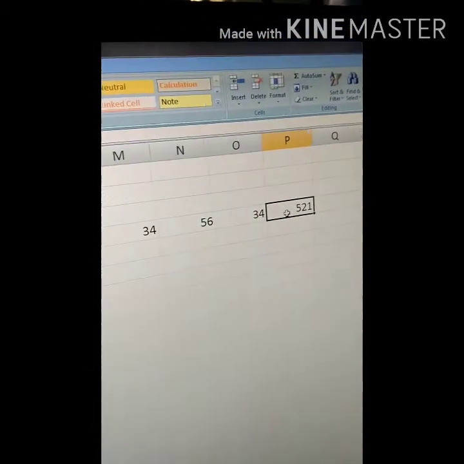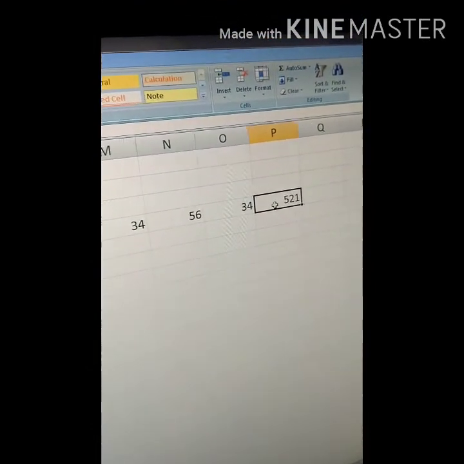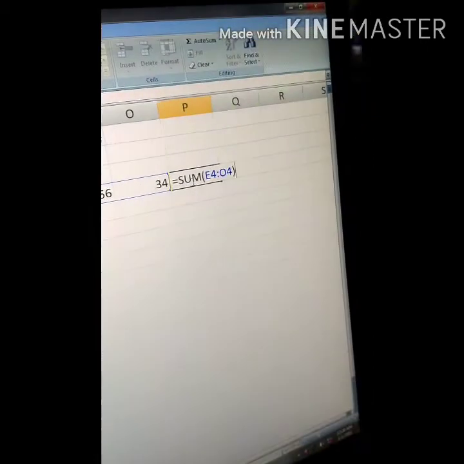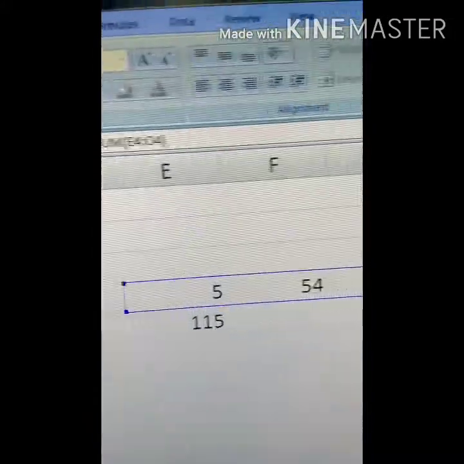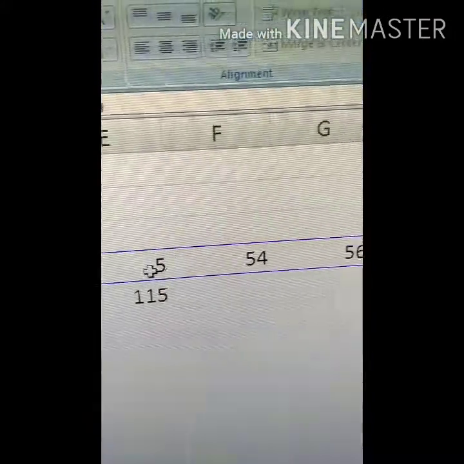And one more thing I am telling you: after executing the formula, by pressing the F2 function key you can edit the formula. I want only these two numbers, the first number and the last number's sum. For that we have to do one change.